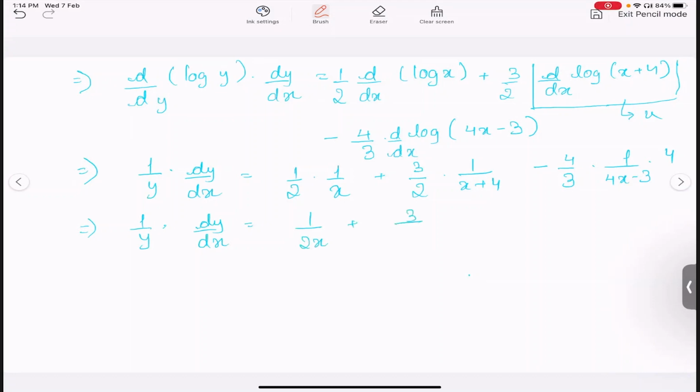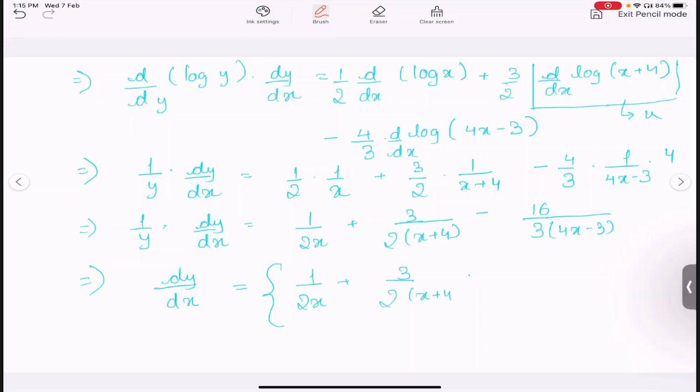1 by y times dy by dx will be equal to 1 by 2x plus 3 by 2 times x plus 4 minus 16 by 3 times 4x minus 3. Now this is the thing that we have. So let's write it down. dy by dx will be equal to this whole thing, 1 by 2x plus 3 by 2(x plus 4) minus 16 by 3(4x minus 3), multiplied